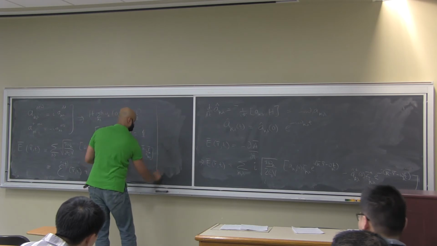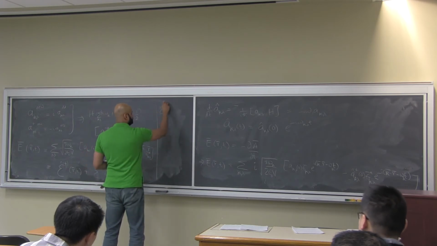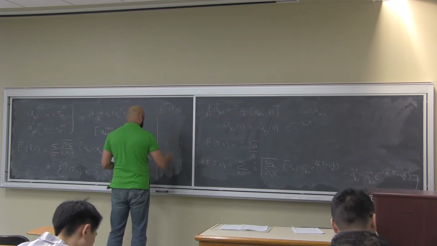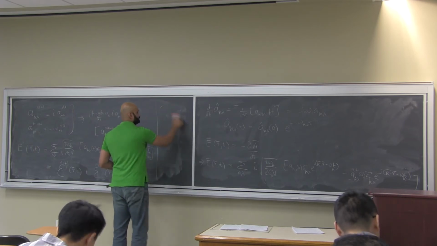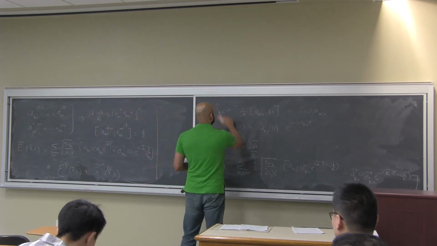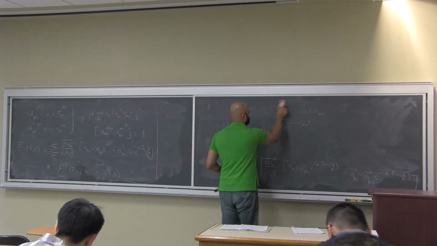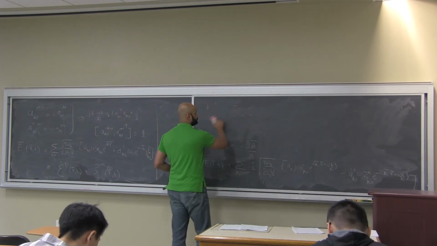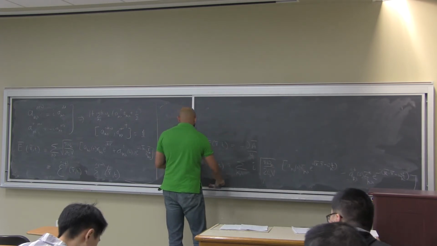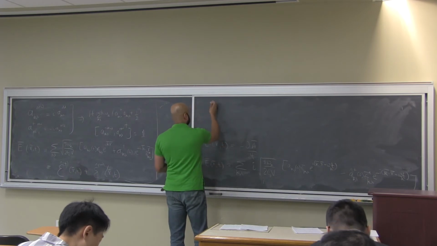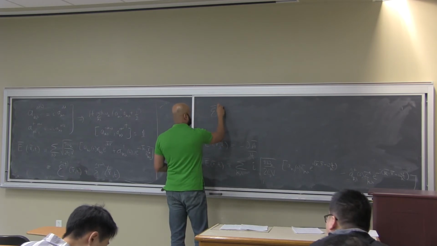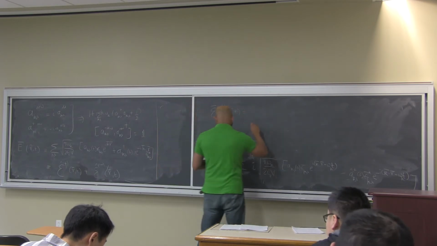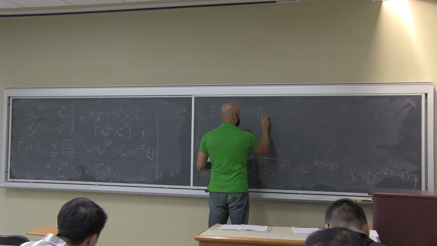So E plus of r comma t, the positive frequency part of the electric field operator, is a summation over kλ